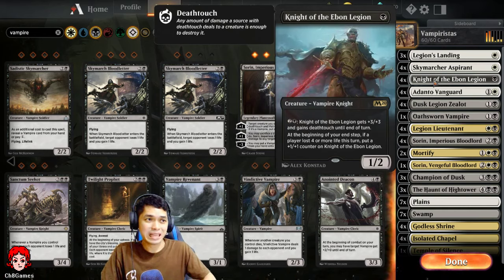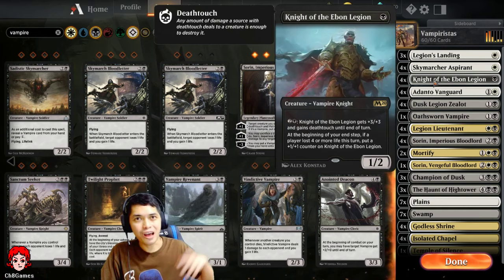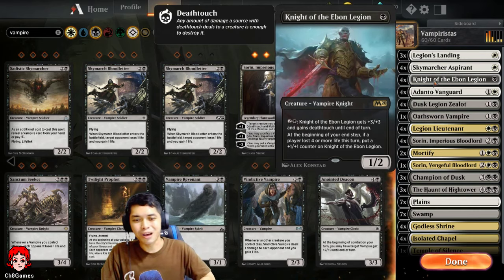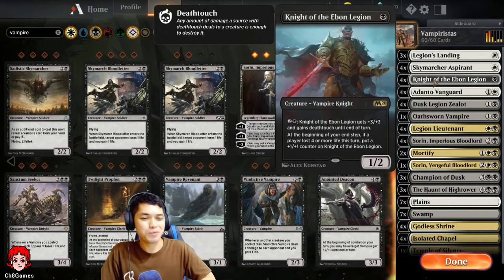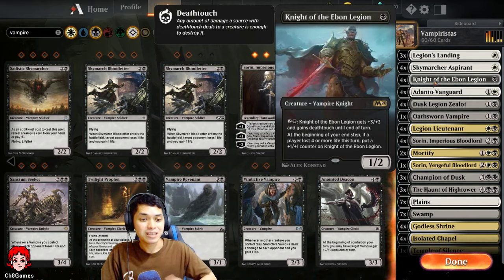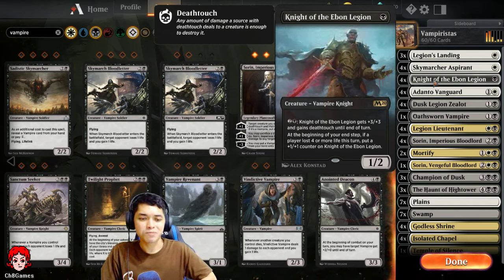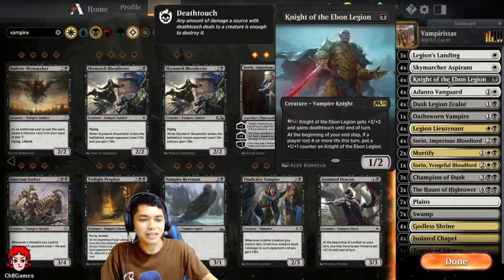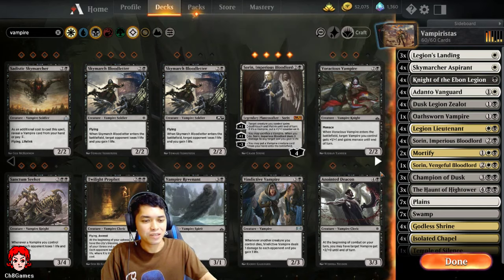Oh, even in the late game, since that's the time when you have a lot of mana, you can just pump him into oblivion over any stomping creatures. And he will be trading up most of the time since he does get Death Touch. So he gets +3/+3 and gains Death Touch. So that's Knight of the Ebon Legion. So next up we have